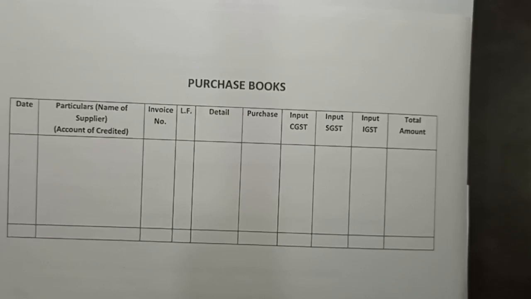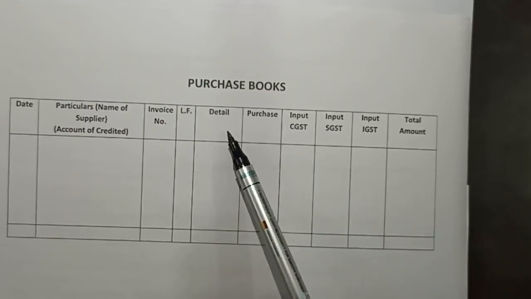One, the cash discount, and the other one is the trade discount. Now, trade discount is to be mentioned here and cash discount is not to be mentioned. Why? Because it is a transaction which is taking place on credit. So, the credit transaction is to be recorded in the purchase book, and we don't have any cash transaction taking place here. So, cash discount will not be recorded here. What will be recorded will be the trade discount in the detail column.